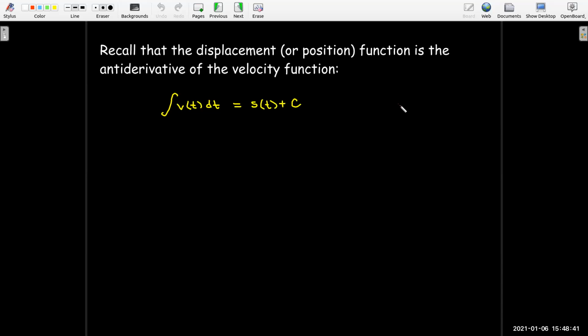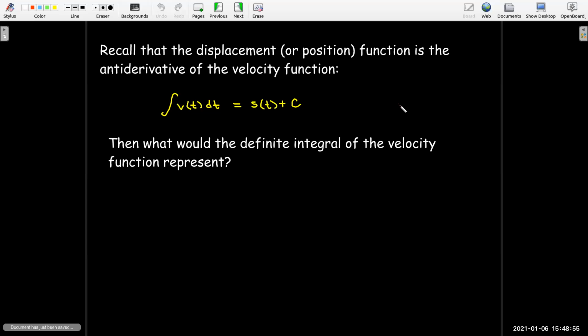So how does this apply to integrals? Well, we know that displacement is the antiderivative of velocity. So what if we had a definite integral of the velocity? What would that represent? Well, using the fundamental theorem, we know that that would represent the position function